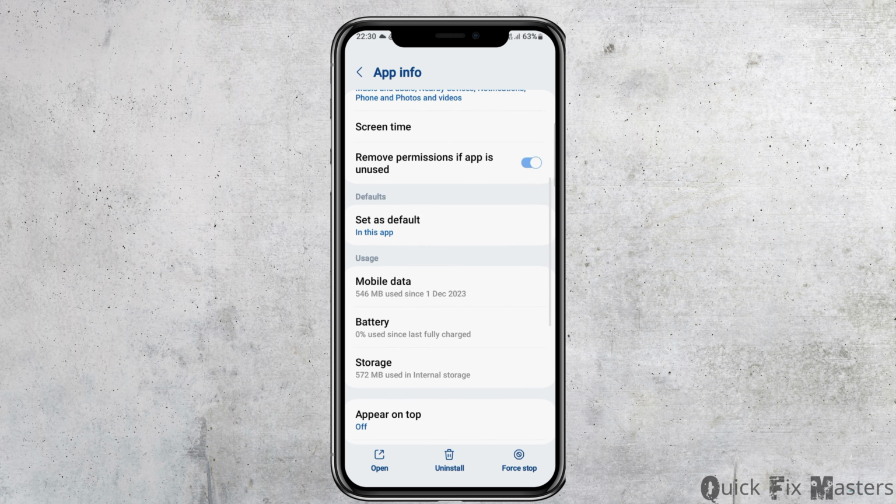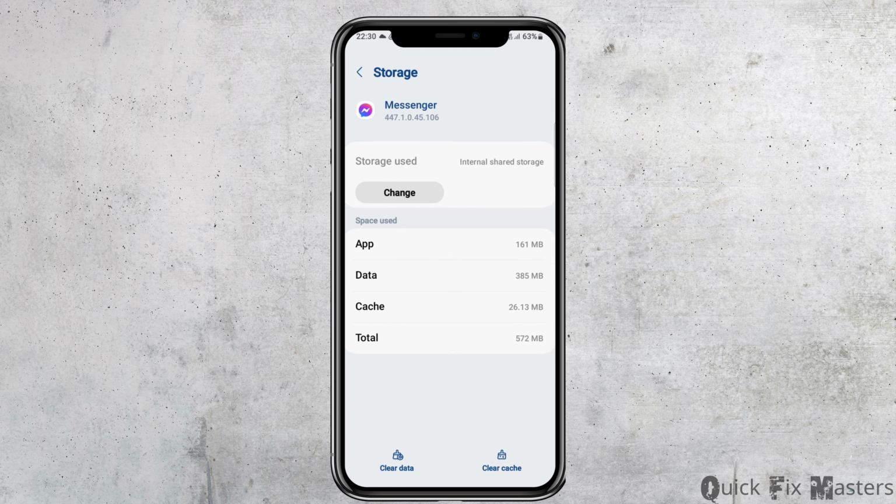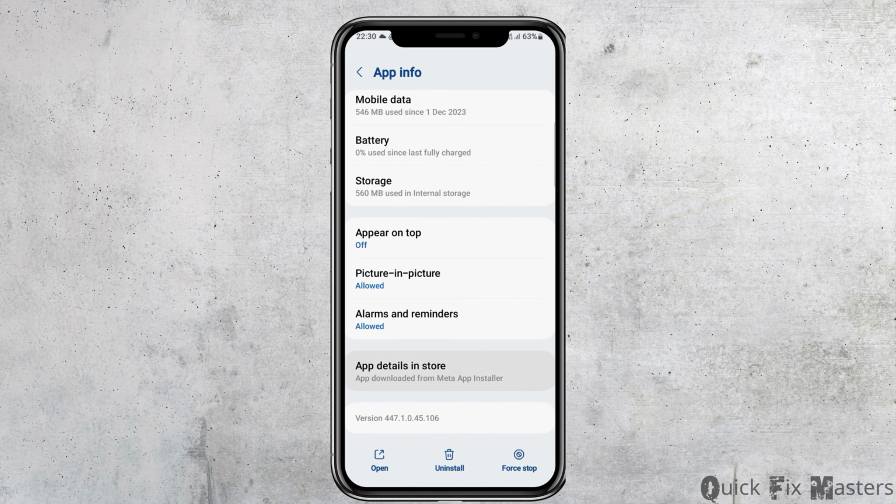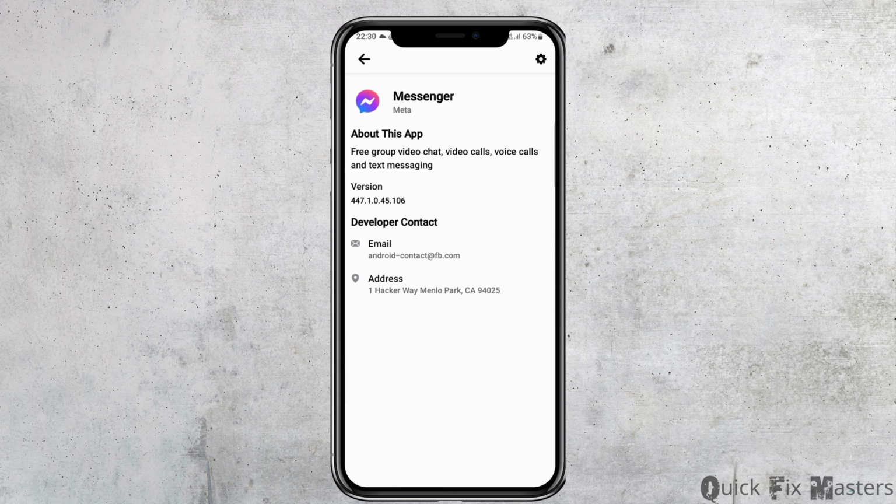After going back, you can go to the option of storage and then tap on it. If you see any cache out there, you have to go to the option of clear the cache and then go back again. After going back, you have to go to the option of app details and store. After tapping on app details and store, now if you see an interface like this, you have to check whether